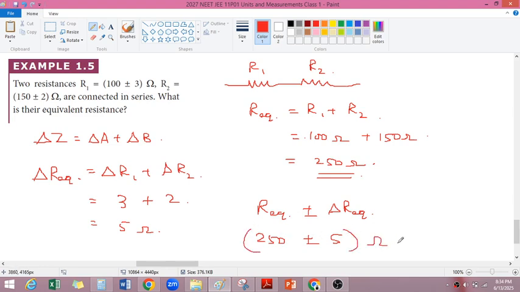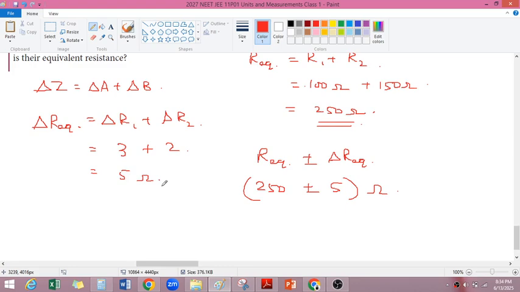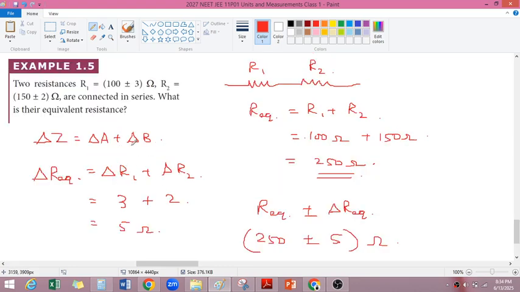Okay. Sir, how do I understand this? Why are we doing this addition? Listen carefully, you can directly mug up this formula and apply it here. But if you really want to know how I got this formula, why we are getting it like this, then you should know one more step, which is